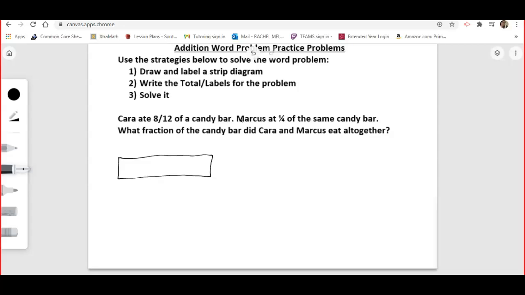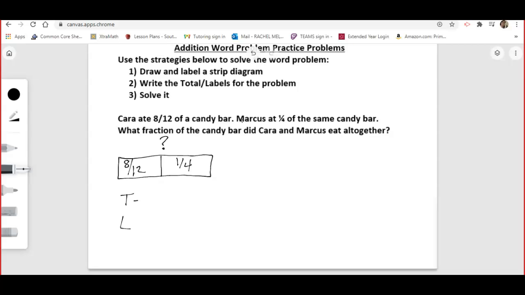The parts. Okay. So that means that we have 8/12 here, and we have 1/4 here. Okay. So if I know both of these parts, but I don't know the total, that brings us to